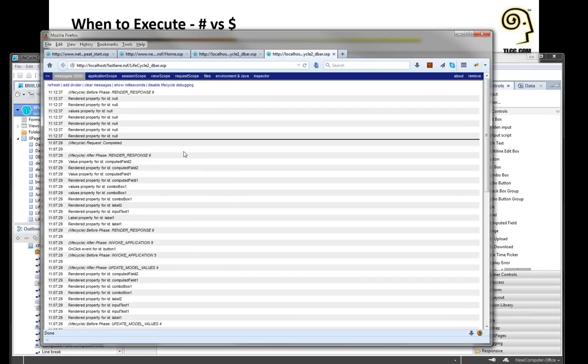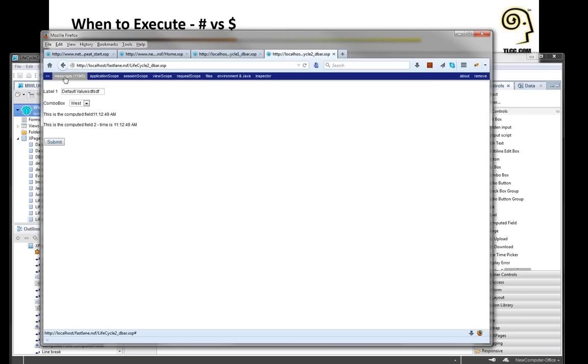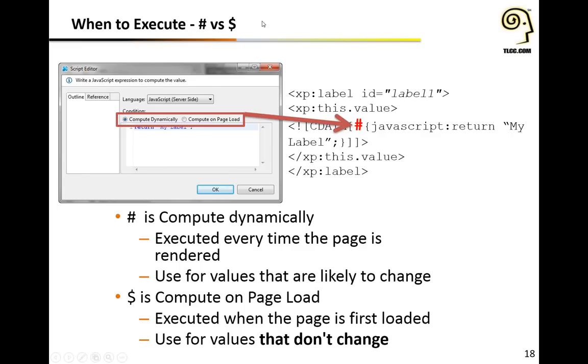Okay, so let me hide this. Let me again interact with the XPage. Okay, submit it and look at our messages here. So notice when I submitted it, it did a lot less stuff. It did the validation for input text 1, it did our default value property, it did the on-click event for the button, and in the render response, it did the computed field 1 and 2 value and the label for label 1. Seeing that on the chart,